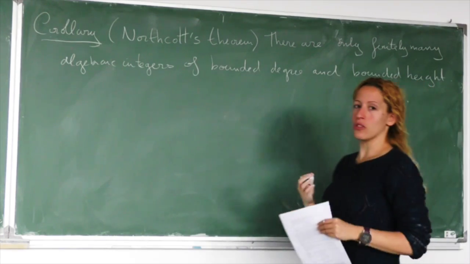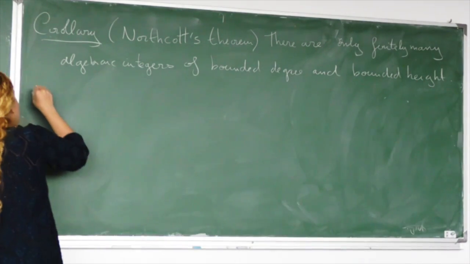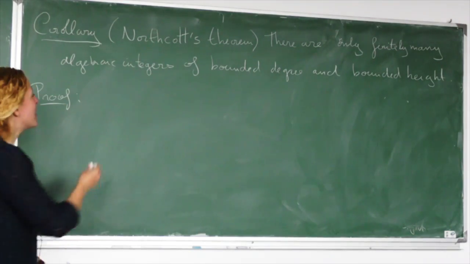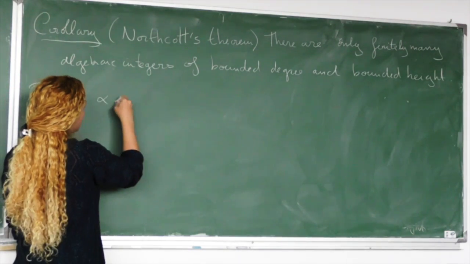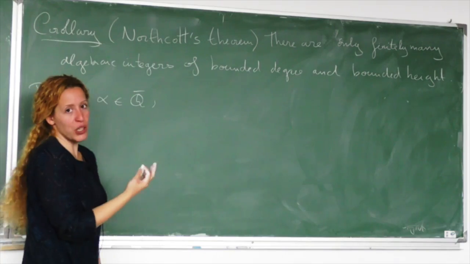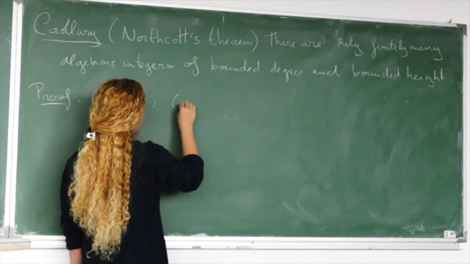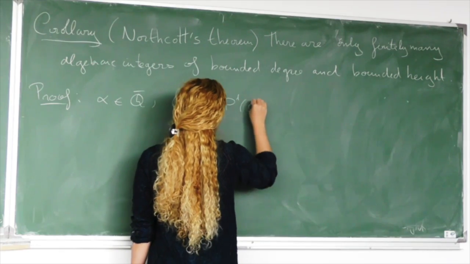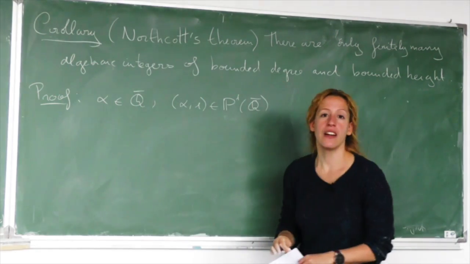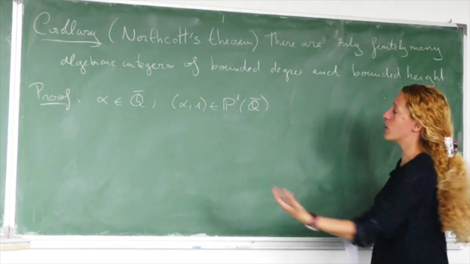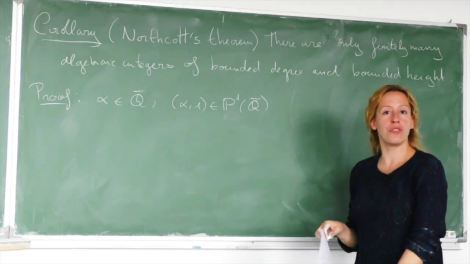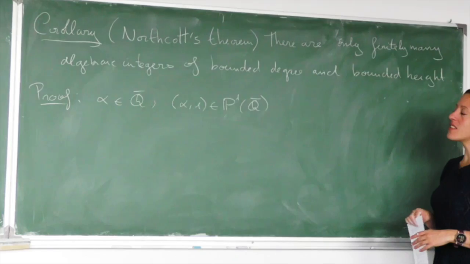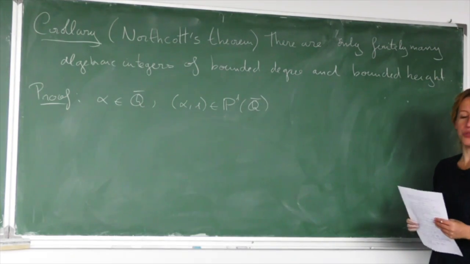Well, I said that I was not going to write a proof, but I'm going to do it. It's just one line. How do we get this result from what we did? The idea, again, is that if you have a number here, the way of defining the height is that you see this number in here. And now you just apply the theorem, and you know that you have a finite number of points of bounded degree and height. So we are done. So this is the other important result that we have proved today.